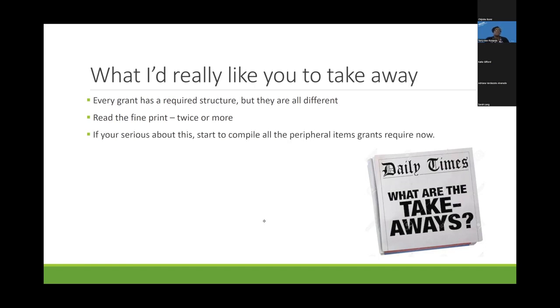I would also say, if you're really serious about getting into the grant writing world, that it's good to compile all these peripheral items that grants require now. I'll go through a list of the most common ones that people ask for or that you're required to submit, so you can start to compile them, because some of this peripheral stuff can really suck up your time. And if you only have 4 weeks or 6 weeks to respond to requests for proposals, you're not going to want to spend that time figuring out where your DUNS paperwork went, right? You want to have that already handy.